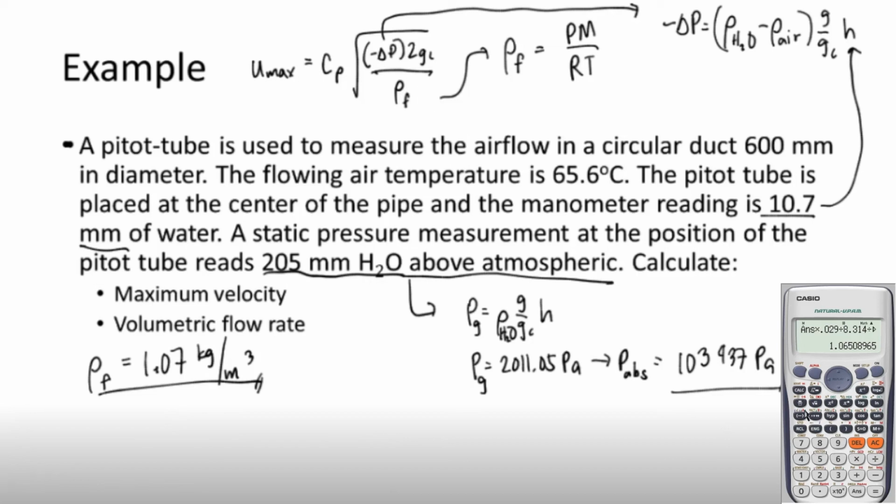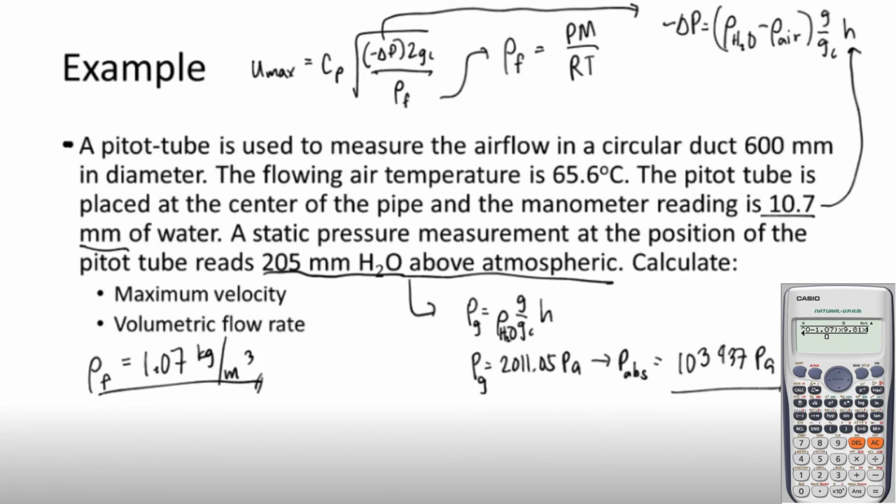Umax is equal to Cp, our Pitot tube coefficient. We can use 0.98 for a well-built Pitot tube. We multiply that with the square root of, first on the numerator, that is pressure drop. We characterize that as the density of water, 1,000 kilograms per cubic meter, minus the density of air, 1.07, multiplied by g, in this case 9.81, multiplied by h, or the manometric reading from the problem, that is the 10.7